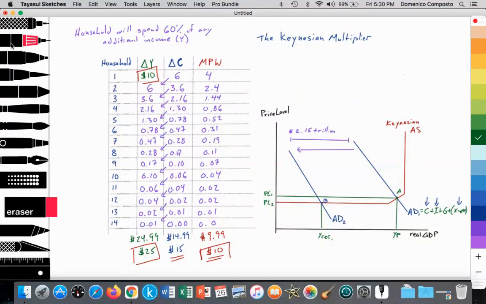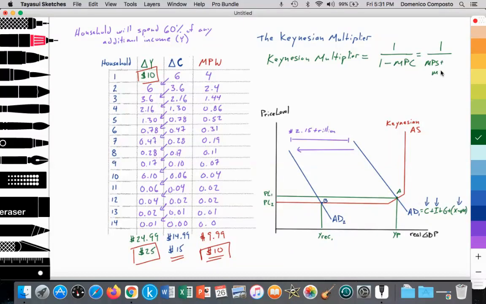But this is just a kind of a dense introduction to it. So the Keynesian multiplier is a formula which is equal to, there's two ways to calculate it, 1 over 1 minus the marginal propensity to consume, which is also equal to 1 over, this is the other formula, the marginal propensity to save plus the marginal propensity to tax plus the marginal propensity